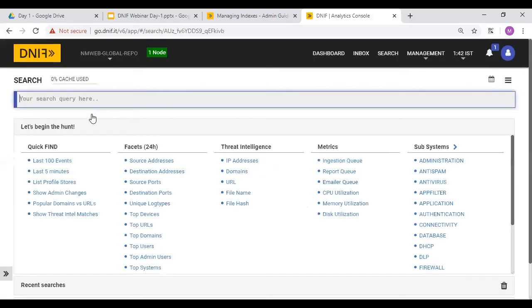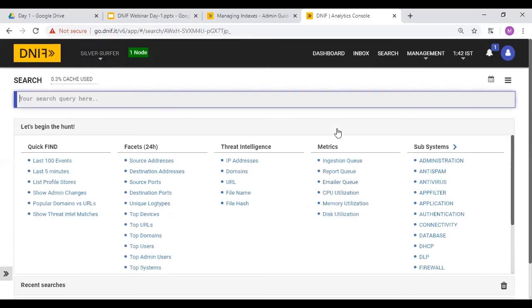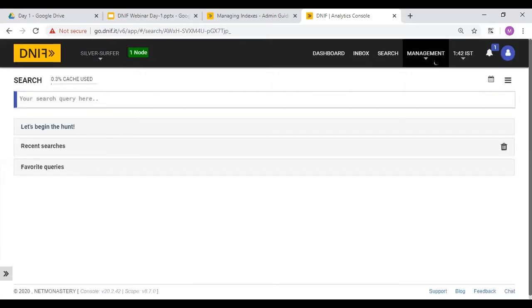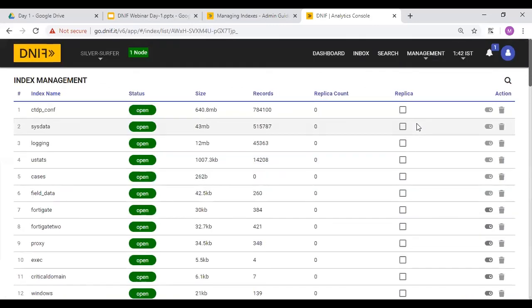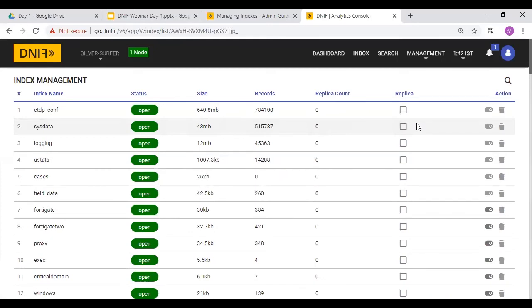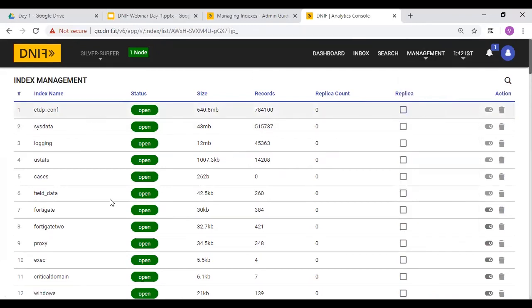Okay, so now we have logged in. Now I'm switching to the mode where you can see all the information. First I'm interested to know the indices present. So you can see indices. Do you want to close or open with the administrator privilege? There are two privileges: one is the general user, one is the administrator. If it's an administrator, you can see creating user and the scope, and if it is not an administrator, these two won't be there. Here, I'm the administrator.